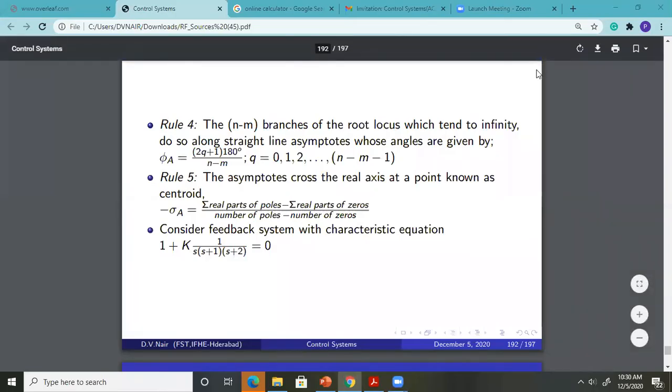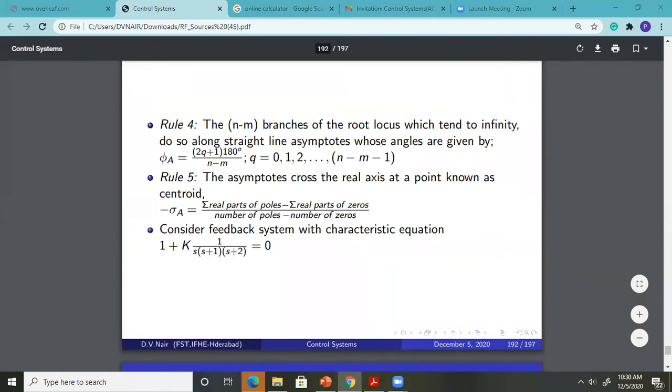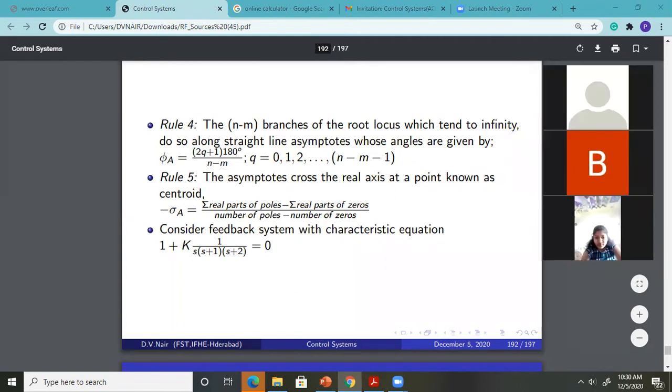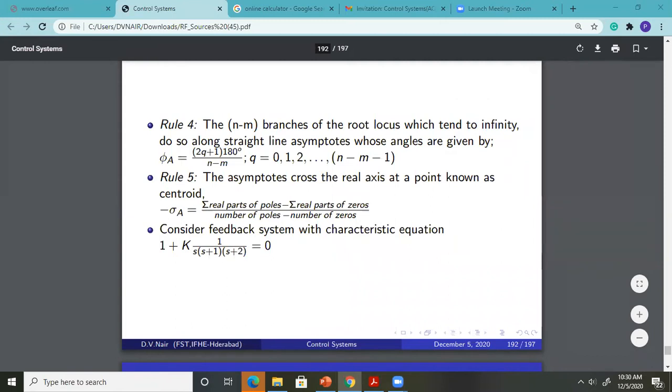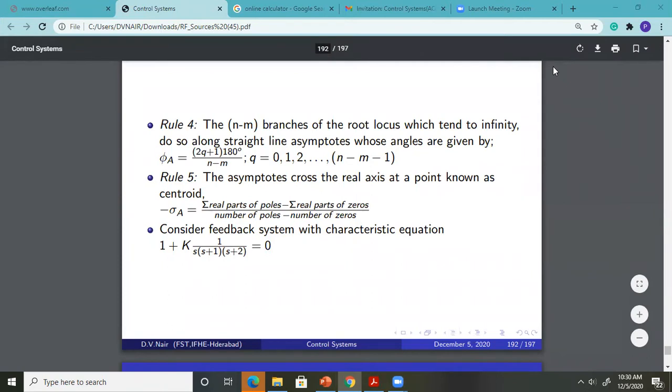Yeah, thank you. So we have seen this up to here, right? We have seen the centroid and asymptotes, and this is Sri Chakra. Sir, I have a small question in this root locus. Yes, sir. This question, whatever we saw yesterday, 1 plus K into... the question which is visible on the screen now.